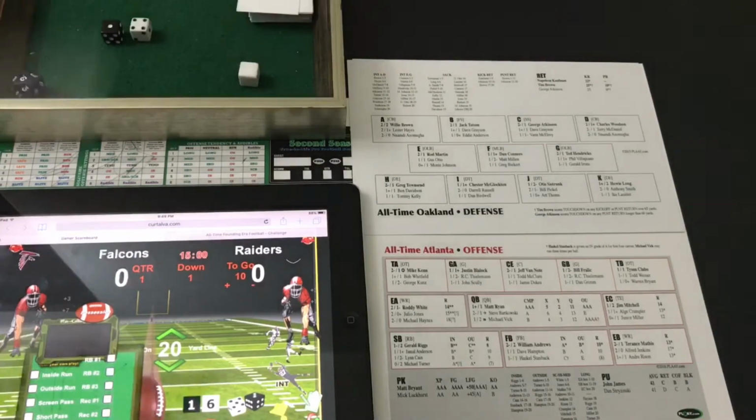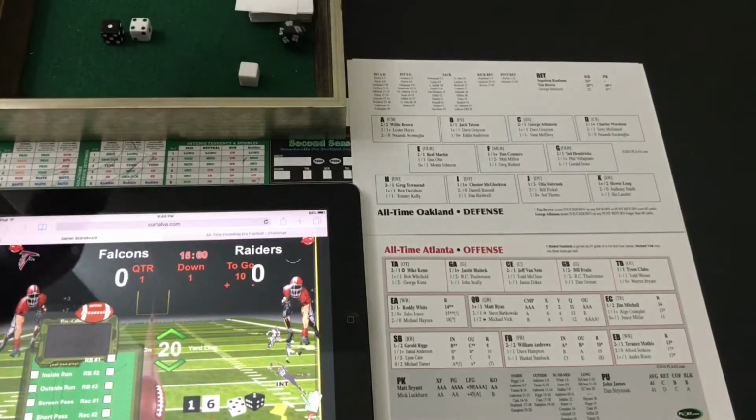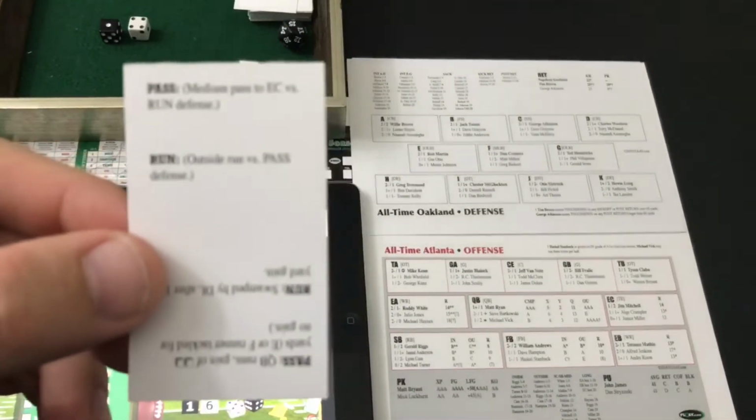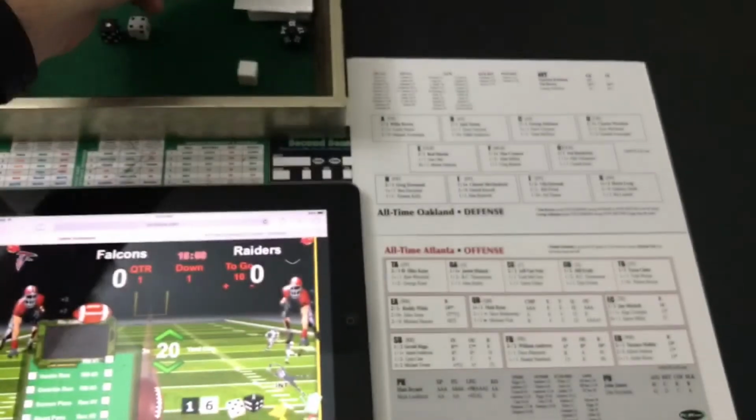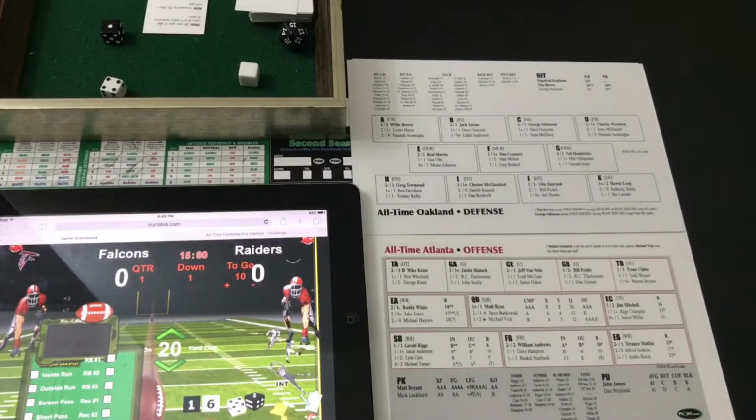So it's going to be a run play here. A run play, and we're going to see a run play to 15. So 15 is going to be outside run versus pass defense. Now, guys, pass defense, offense here. It says right here, Michael Vick may run 3 times per half. Now, because he has that two